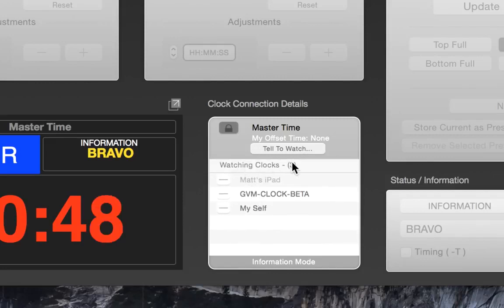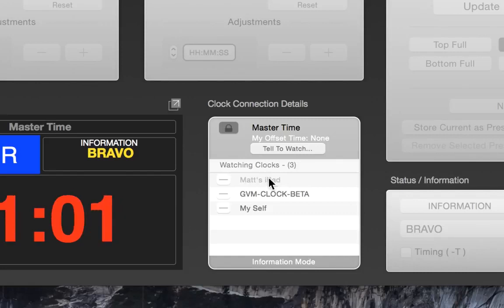You can see that there are 3 different people watching the master time. First, you can see that I, myself, am watching it. There's a computer here watching it, and it looks like my iPad is watching it. iOS devices will show up in a lighter gray color because they will temporarily be there and then sometimes they won't. When any other device connects to this and starts watching master time, they will show up as a watching